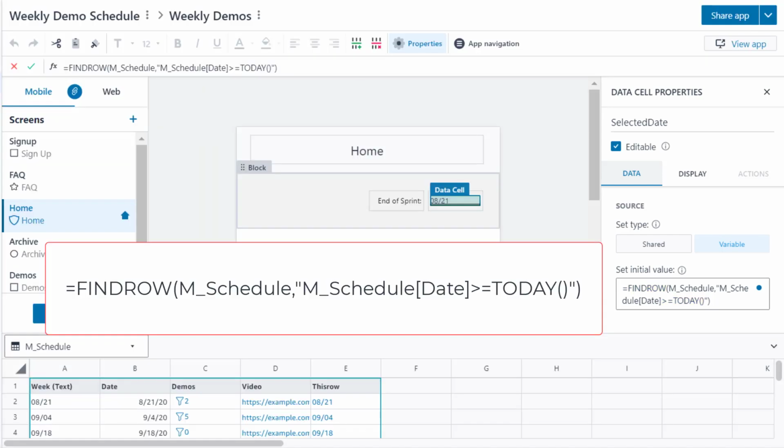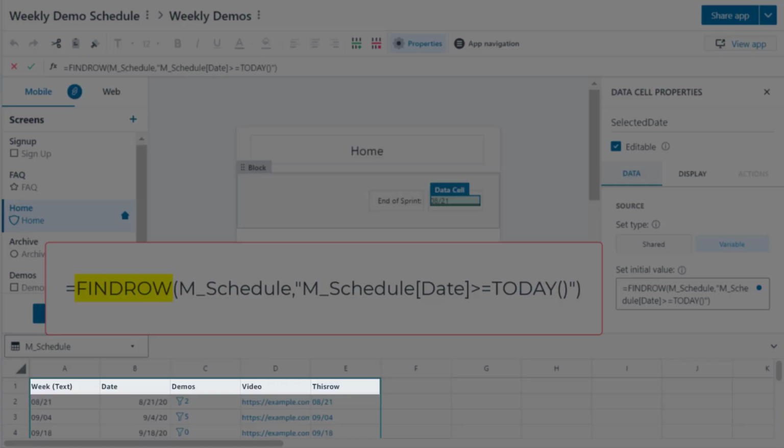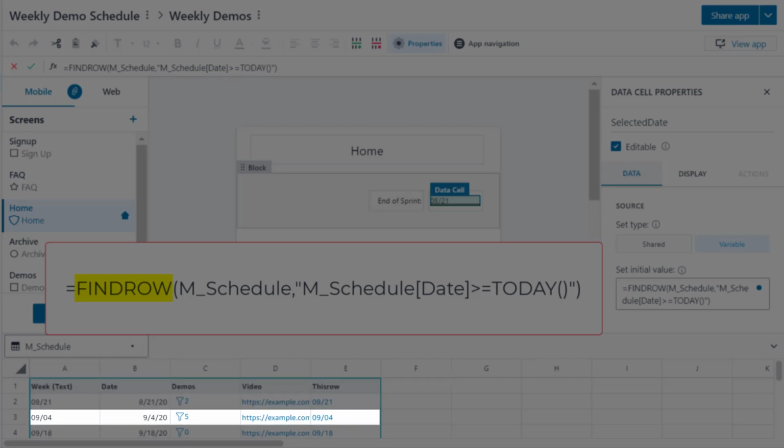Let's break down the syntax. Formulas always start with an equal sign. This tells Honeycode that everything that follows is part of the formula. The Findrow function is a more powerful version of a VLOOKUP. Instead of returning a single value like a VLOOKUP does, Honeycode's Findrow function returns a Rowlink, or an entire row of data. The Findrow function scans from top to bottom and returns the first Rowlink that matches whatever conditions are